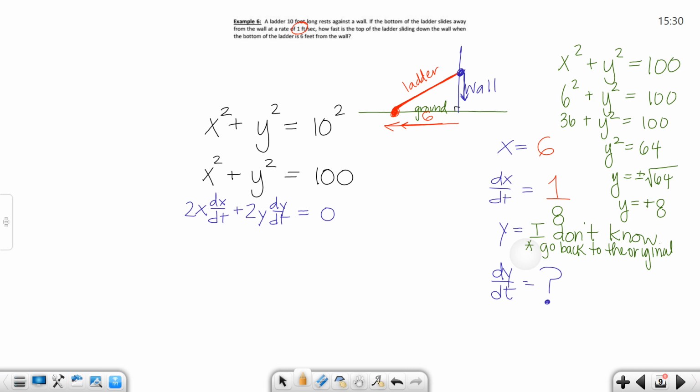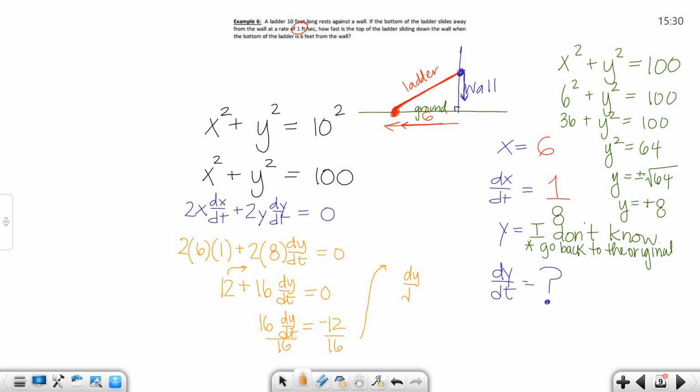Now let's go back into our derivative over here. It says 2 times 6 dx/dt plus 2 times y dy/dt equals 0. So 12 plus 16 dy/dt equals 0. Move the 12 over. 16 dy/dt would equal negative 12. Divide both sides by 16,